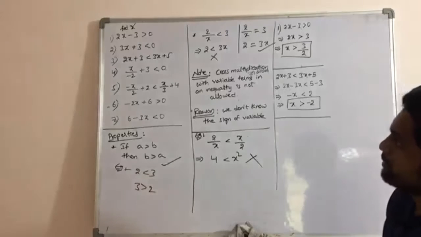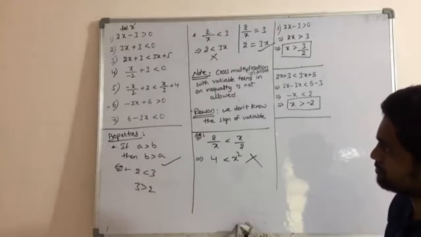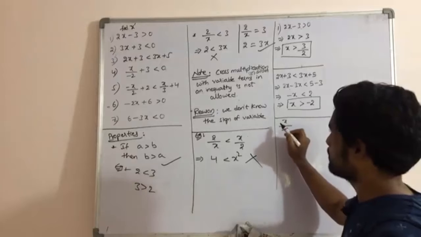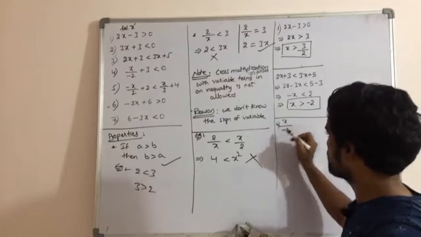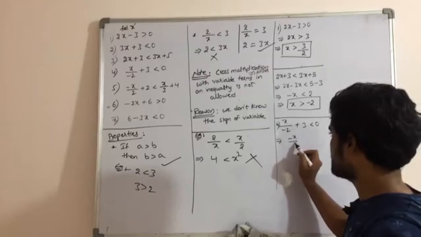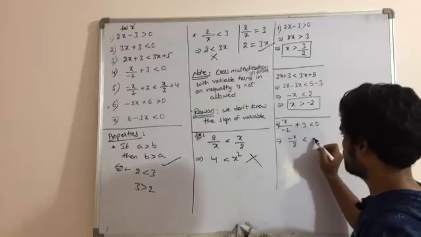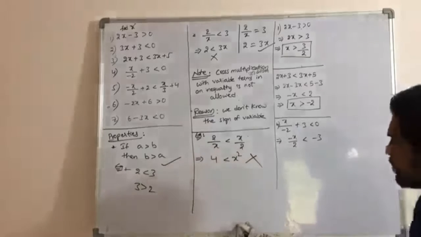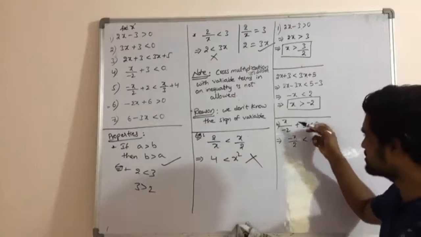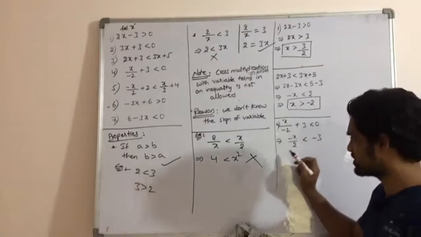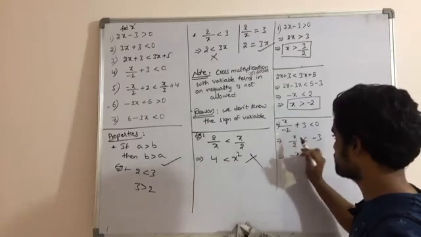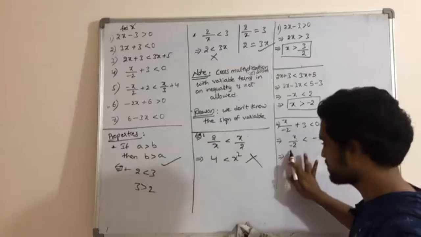Now again this one. How to get x from minus x? Again multiplying with minus 1. So once you multiply with minus 1, the inequality changes, x is less than minus 1 into minus 1, which is 1. So how do you get this? Multiplying with minus 1 on both sides. Coming to this, again getting x from minus x, multiplying with minus 1 on both sides, less than 0. Again, multiplying with minus 1 on both sides.